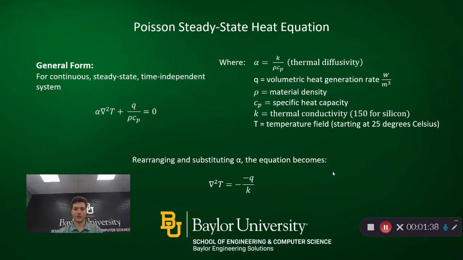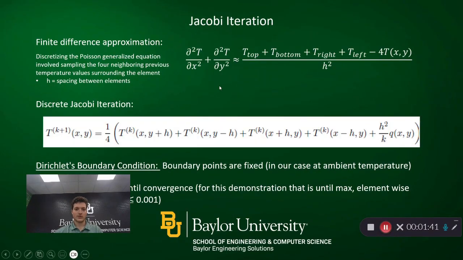for our algorithm. So for discretizing, I used the Jacobi iteration method. This is the finite difference approximation with h here in the bottom. The denominator is the spacing between each element. And then here's the discretized form. It basically takes the four neighbors, the top, bottom, right, left, sums those, averages it, and then here is implemented